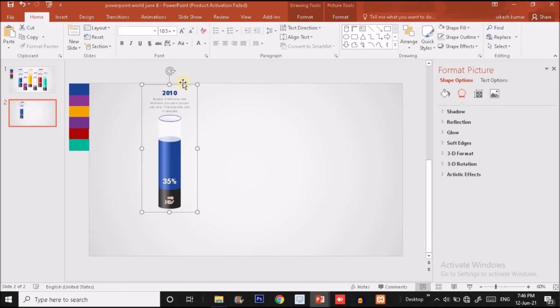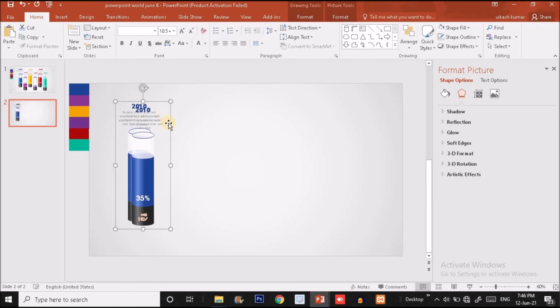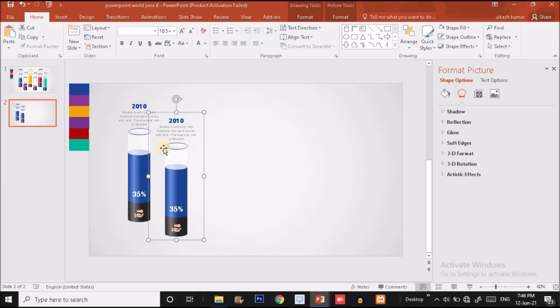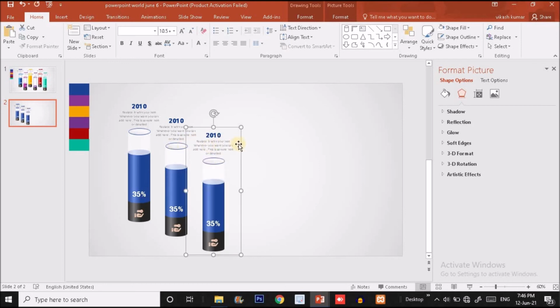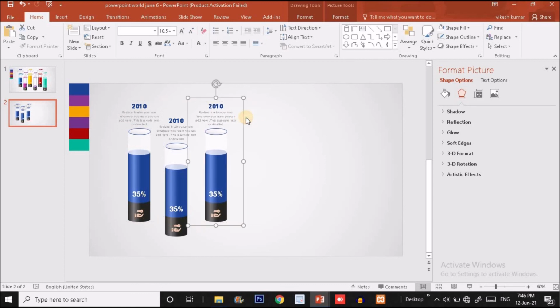I'm going to select all these shapes and press Ctrl G to make a single group and put it over here like this. Okay, now I press Ctrl D to make a duplicate copy and put it something down to the previous one, something here. Again press Ctrl D, put this shape over here. Make sure this red line appears there.